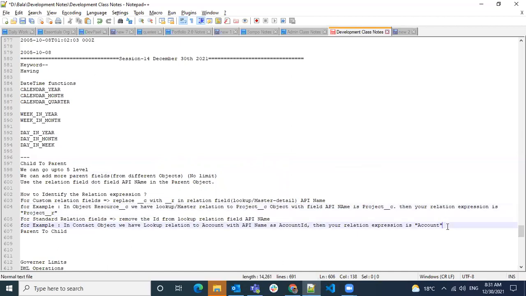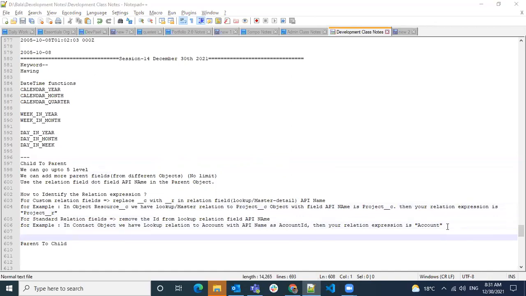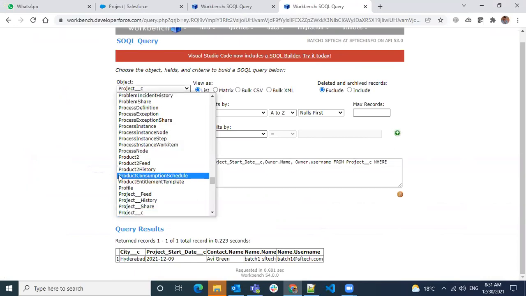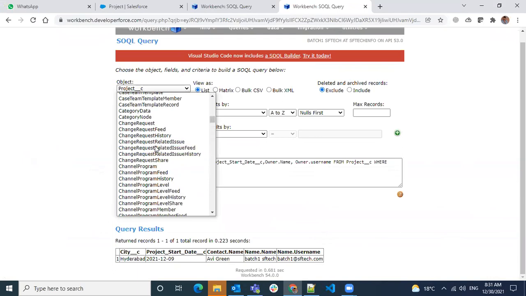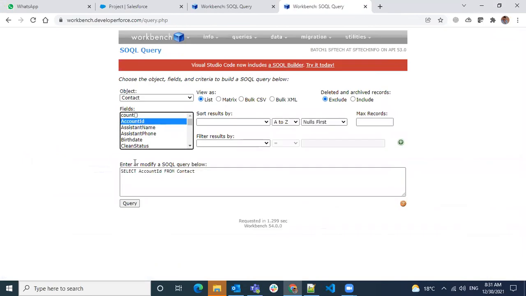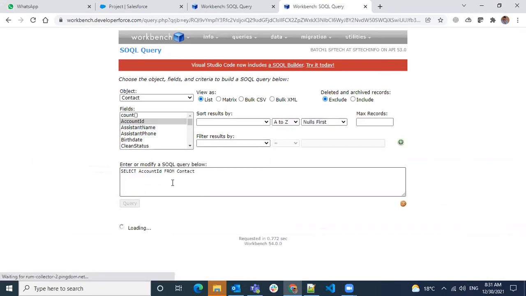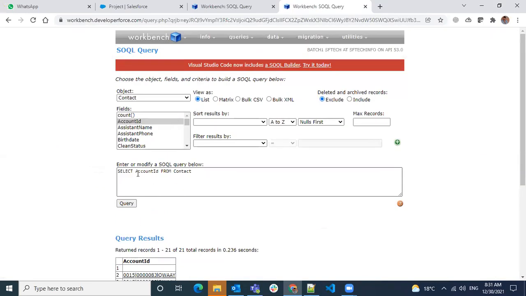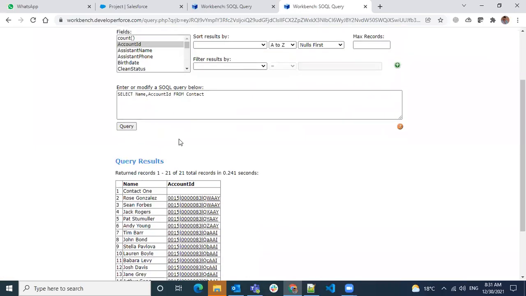Okay, let's go with some standard examples. I have this owner also as one of the standard fields. Even between the standard objects, it will be similar. So in the contact object, we have an account ID. See here, account ID is nothing but a relation field. If you want to access any fields from it, I will add one more field over here to understand.